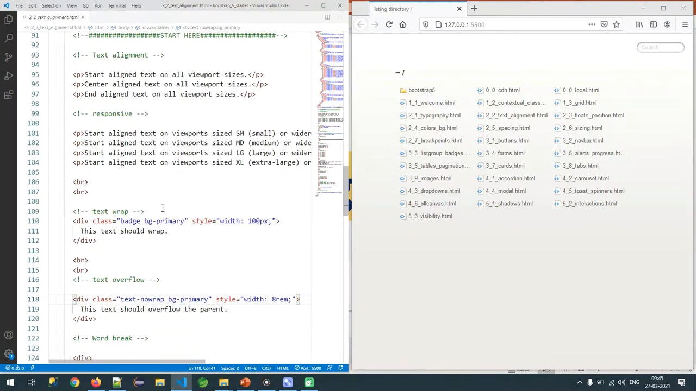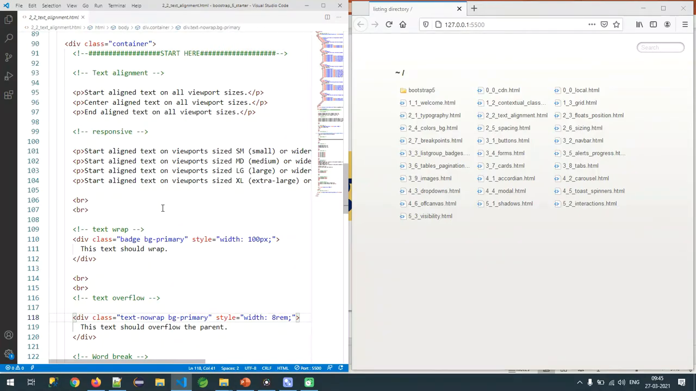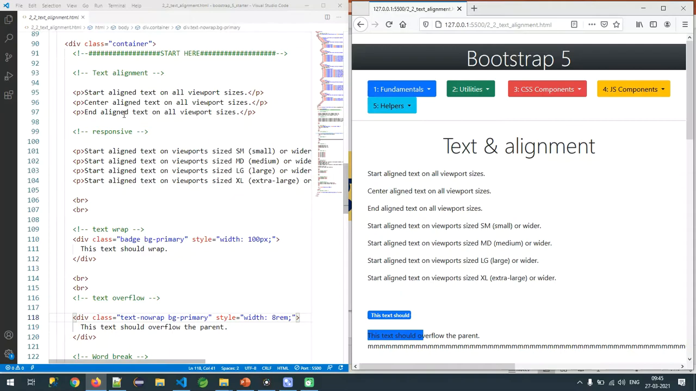Right now in projects we have requirements like start align text, center align text, and end align text, or left align text, center align text, and right align text. So how to do this? Very simple. I'm going to modify this one here. Paragraph class equal to